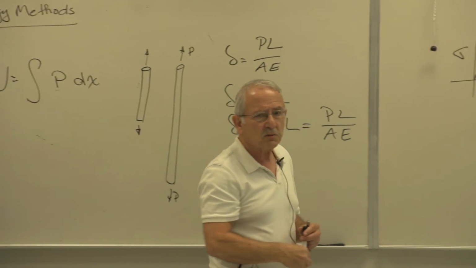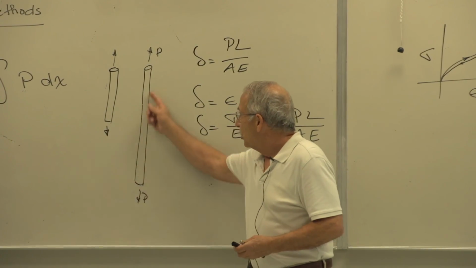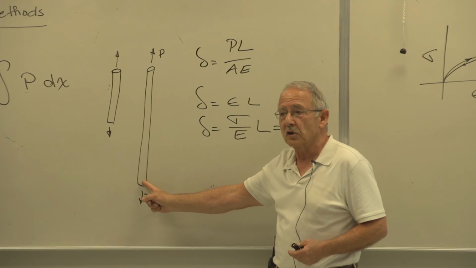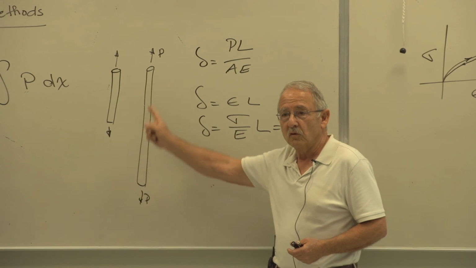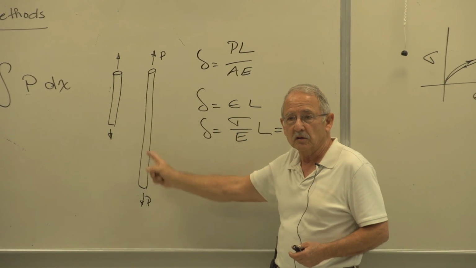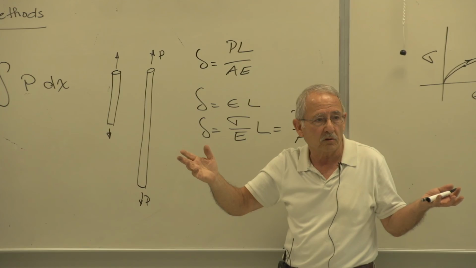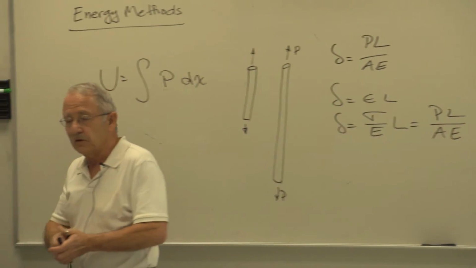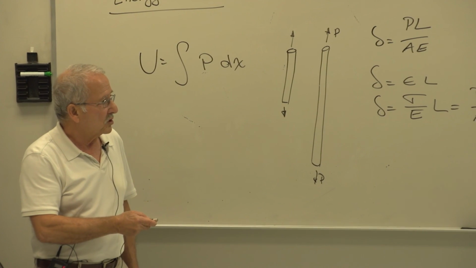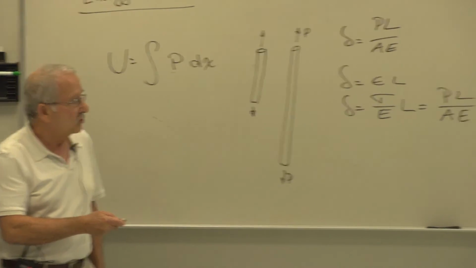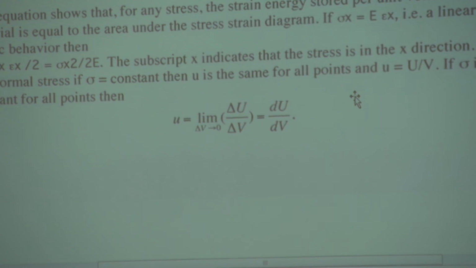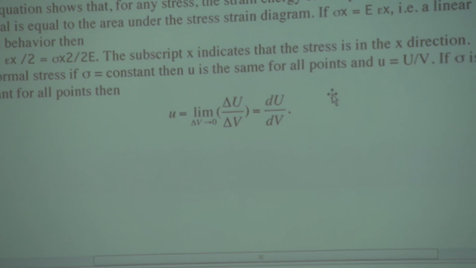The value of the stress may change because this may start with one cross-sectional area here and end with another cross-sectional area here. So over here, I divide P by a small area. Down in here, I divide P by a large area. So the value of the stress doesn't need to remain a constant. If it doesn't, then use the limit of delta U over delta V. As delta V approaches 0, we get dU/dV. That's the equation that we are going to use in order to find